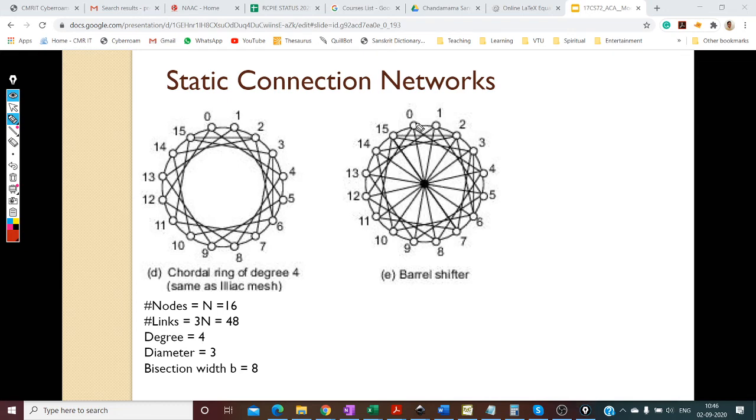So here from 0, you already have the ring links, so 0 to 1. Then from 0 you're going to go to 4, and then 0 to 8, and then 0 to 12, and then 0 to 15.